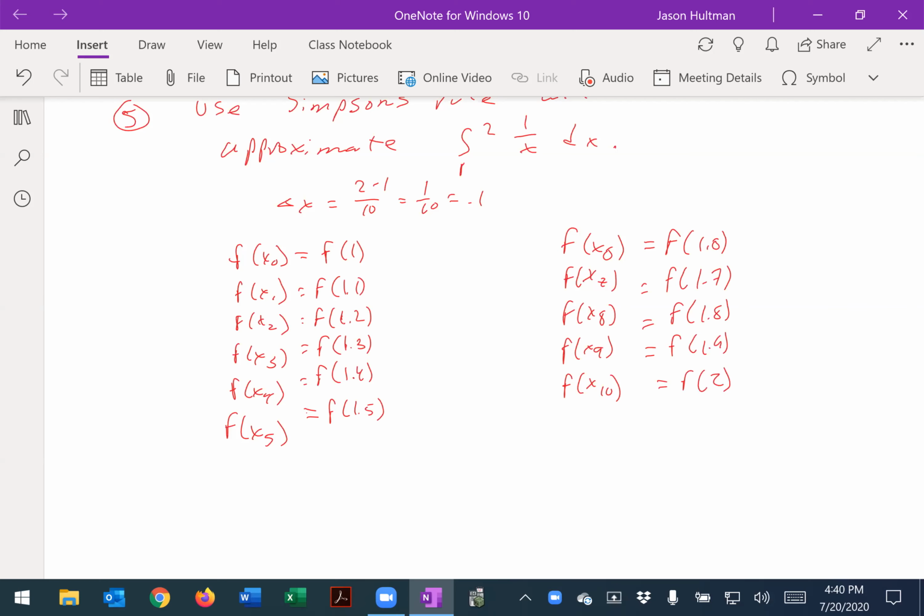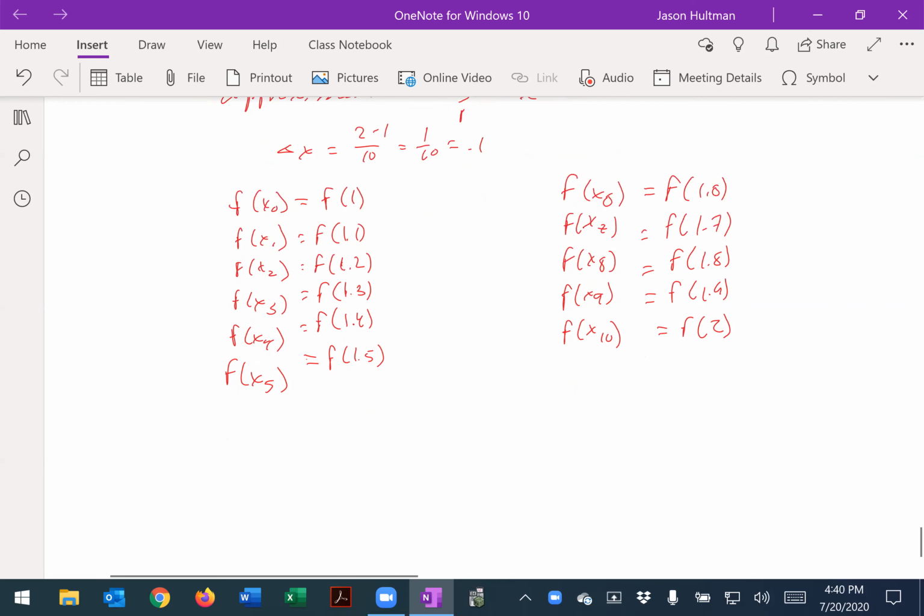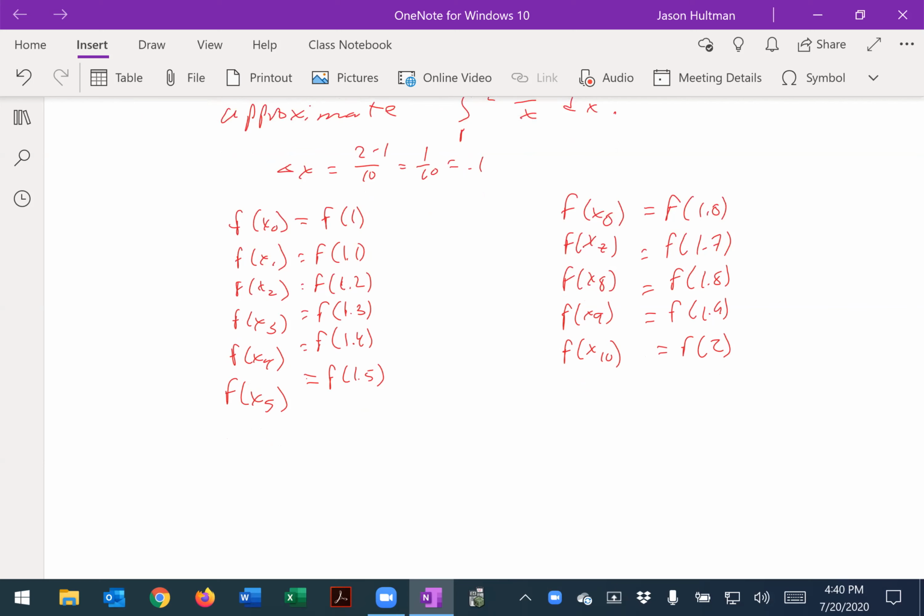Now n is an even amount, and so we get an odd amount of values here, which is what we want. So we can use our Simpson's rule. What is S sub n? S sub n is going to be equal to delta x over 3, or that 0.1 over 3, times